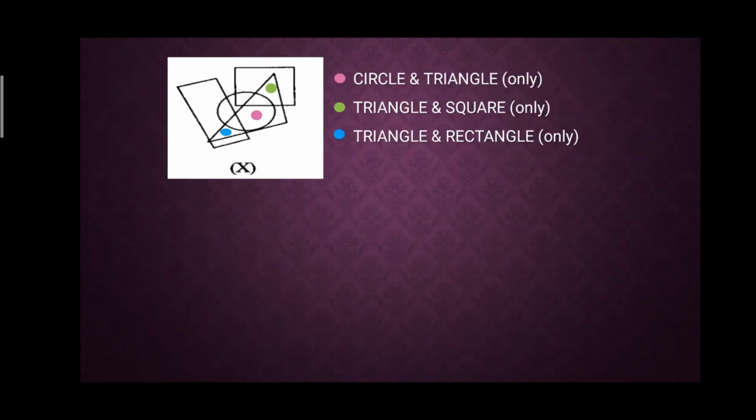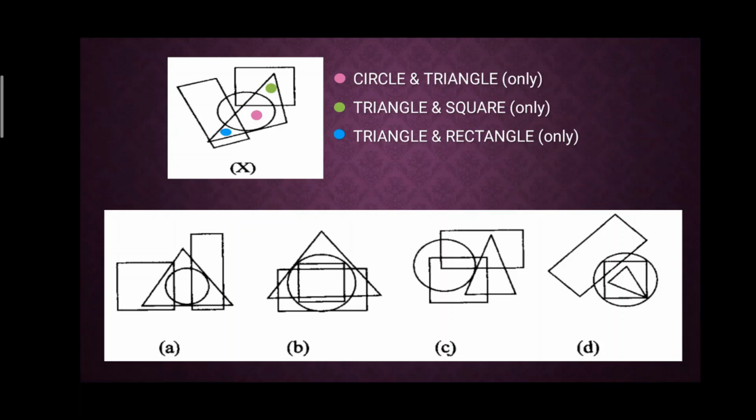Now I have all the three conditions with me and four answer options are there. Let us see which dots I am able to find easily. In option A you can see the pink dot, that is the circle and the triangle. I have marked that area in the answer figure. Next, I'll be able to see the same thing in option B also. Here a very small area is there where only, I'll repeat, only circle and triangle are present. I don't want the other figures in this area.